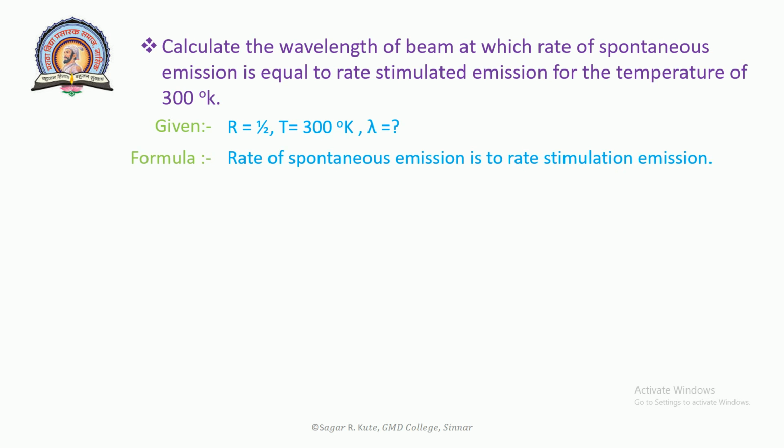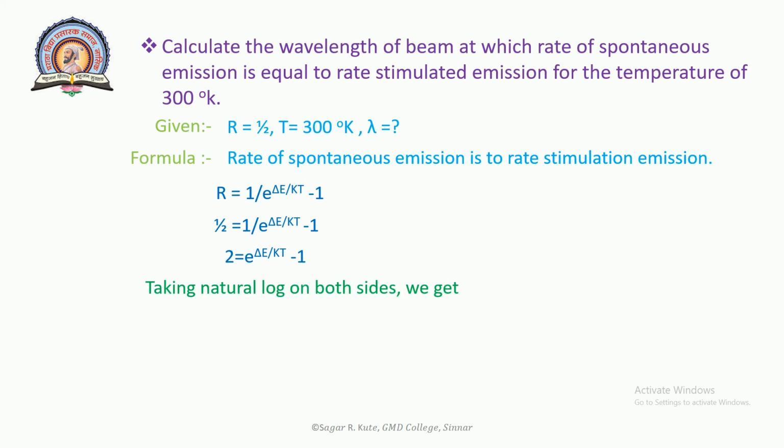Formula: the rate of spontaneous emission to the rate of stimulated emission. R is equal to 1 upon e raised to delta E upon kT minus 1. Put the value of R. 1 by 2 is equal to 1 upon e raised to delta E upon kT minus 1. Rearrange this equation. 2 is equal to e raised to delta E upon kT minus 1. Taking natural log on both sides, we get